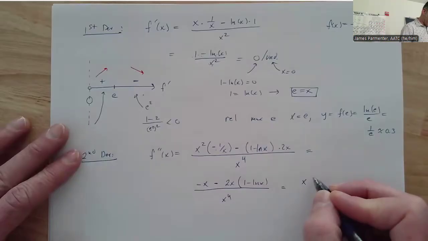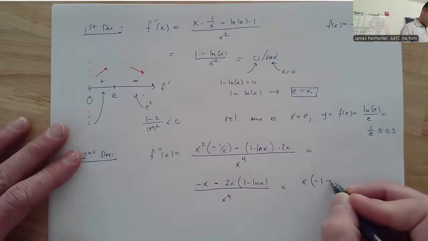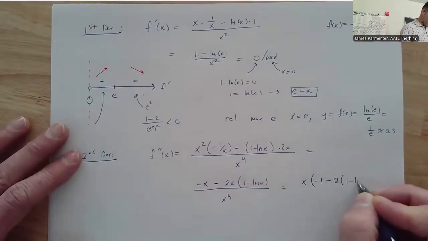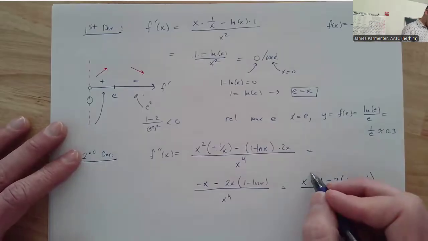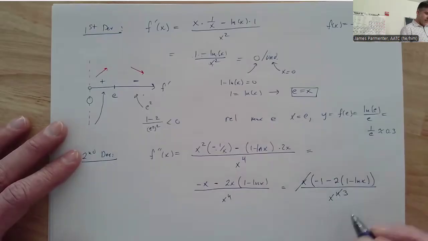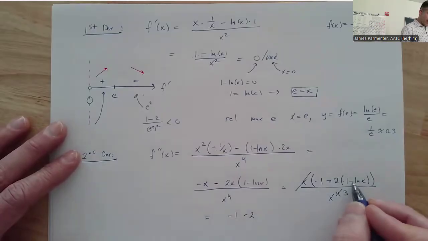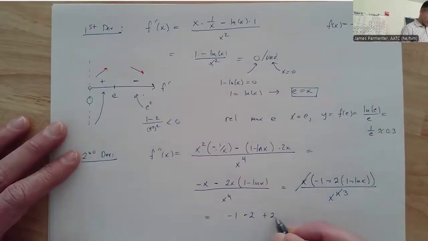Factoring out an x, I'm left with a -1 minus 2 times 1 minus natural log of x, all divided by x to the fourth. An x cancels here, and x cancels here. Now let's distribute the -2 on top. I've got a -1. A minus 2 times 1 is -2. A minus 2 times negative natural log of x is a plus 2 natural log of x